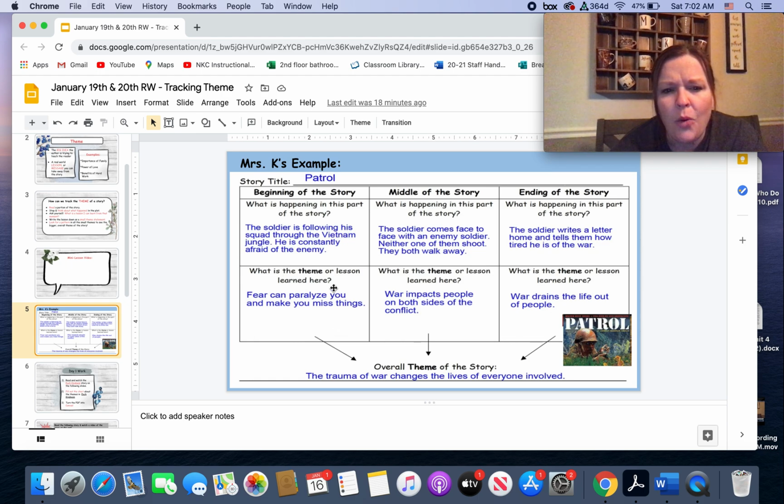So for me, what I thought of is, what is his constantly being afraid teaching me? Like that I could say, that does happen in life. And I think it says that fear can paralyze you and make you miss things, because he's so paralyzed by fear, he maybe is not as good of a soldier at times because he's too afraid to even move. And I thought about in real life, not because I'm in a war, but I've had instances where I've been really afraid, and if I don't make a conscious choice to push through it, I'm just going to sit there and I'm going to miss out on things in life. So fear can do that.